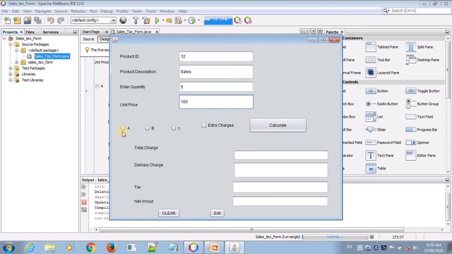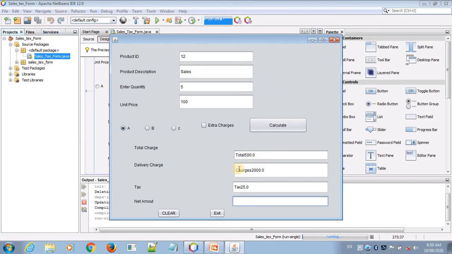Okay, so first I calculate, and now you can see the tax, charges and the total, because 5 into 100 is 500 total charges. The delivery charges are 2000 and tax is 25, and I have not put the net amount here yet, so I will add the net amount.